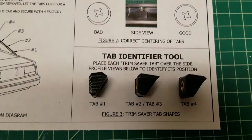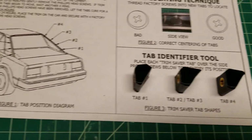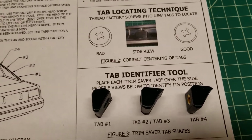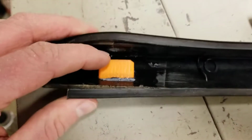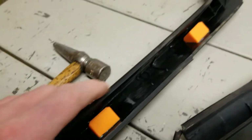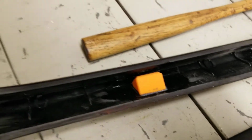So this little tool down at the bottom is just a way you can figure out which one is which, but they do have unique positions. That's what this chart's trying to show you. So make sure you put the right one in the right spot. Otherwise, it's not going to mount up. Because what happens is these tabs all have different depths between here and here. So if you put the wrong one in the wrong spot, you're going to have either too much clearance and it's going to have slop, or not enough